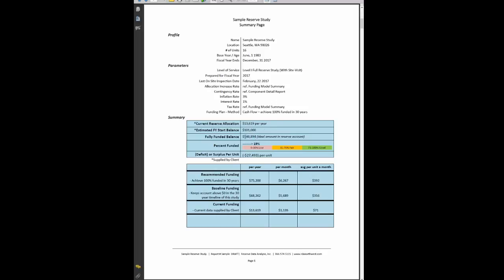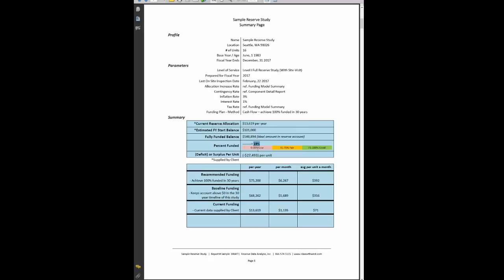Fully funded balance below this. This is an ideal amount that would be in the reserve account based on the component list and based on the projects that would be coming due and how much they've deteriorated at this point in time. And this fully funded balance will fluctuate up and down depending on what projects have come due and what have been done. To calculate the number below that of percent funded, what we do is take the current amount in the reserve account, we divide it into the fully funded balance, and that tells us approximately where a community is